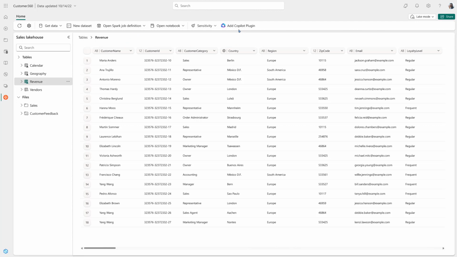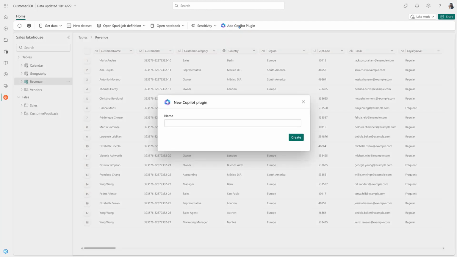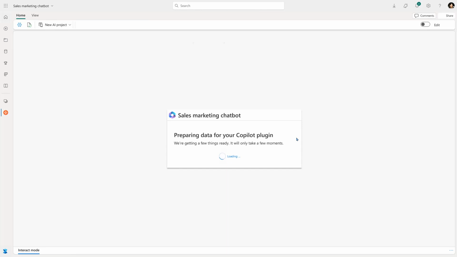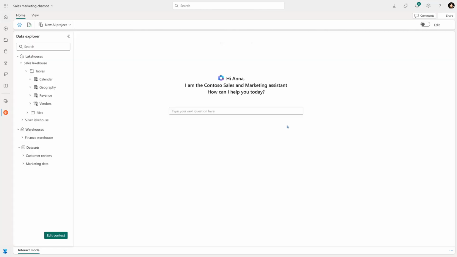To get started, I can choose to add a new Copilot plugin directly from the context of my lakehouse. All I have to do is give it a name, and I'm navigated to the artifact experience. The Copilot plugin is going to take a second to prep all the data in my sales lakehouse for my use. I immediately land in a consumption experience and can see all the relevant business data I can interact with